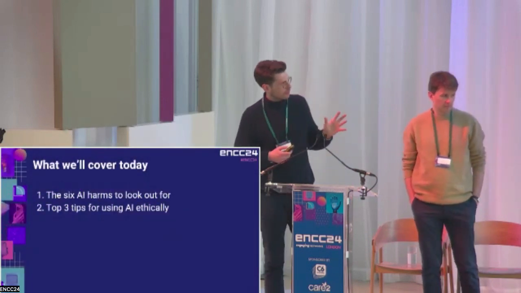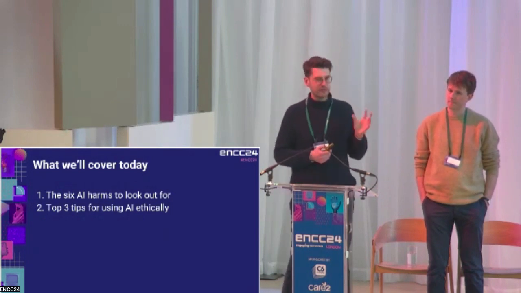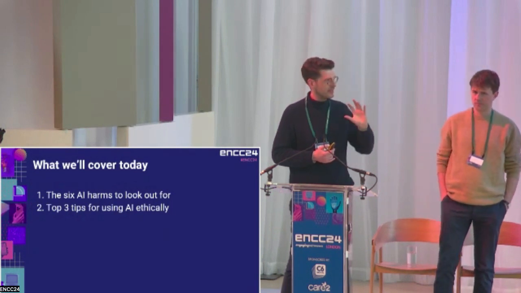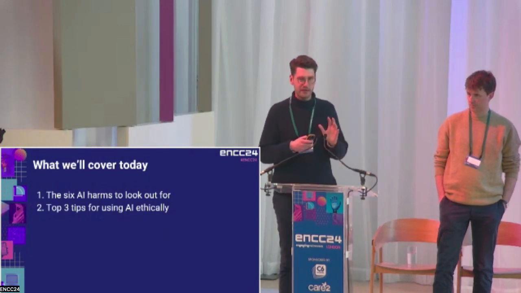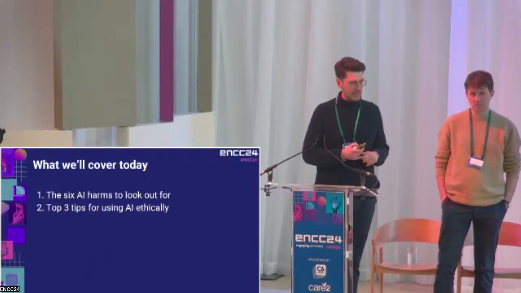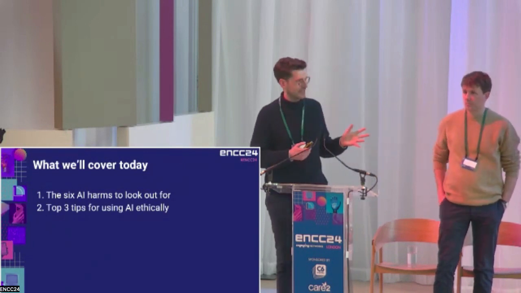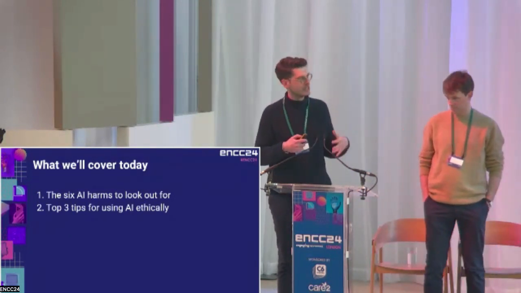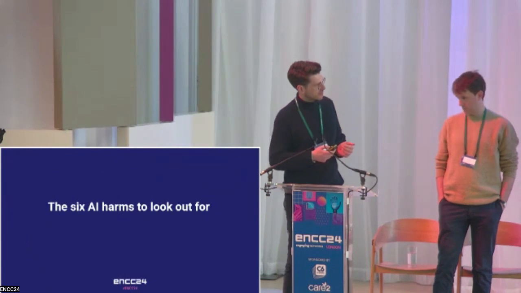So today we're just going to talk through a fairly basic introduction to some of the core ideas around AI ethics. We're going to start by going through the 6 key AI harms to look for that a lot of AI ethics researchers talk about. The idea of that is to help you understand in your own work, what should I be mindful of that could be an unintended consequence of what I'm using the AI tools for, and that will help you spot that and combat it. And then secondly, we're going to go through 3 tips. There's more to using AI ethically than this, but there are the top 3 starter tips for how you can be using AI ethically, hopefully in the context that's useful for the kind of work that a lot of us would do.